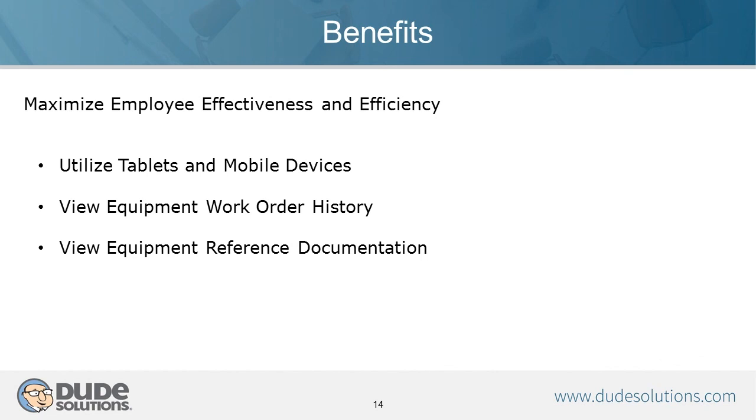Another benefit of implementing a CMMS is being able to maximize your employee effectiveness and efficiency. I talked a little bit about tablets and mobile devices before. And one of the things in today's technology, and this has been an evolution over the last 20 years, is we're implementing systems where people are using tablets and walking around the facilities and actually doing their work on the tablet. Now, this could be as simple as them being able to look at the instructions of what they're doing and checking those off, and then booking their time or recording their labor and recording the parts that they're using. So there's efficiency gains in there, but one of the things that we've seen people get real excited about